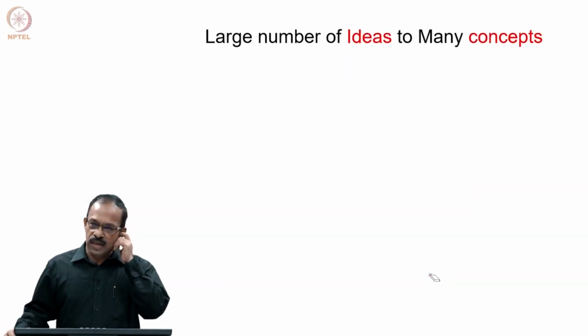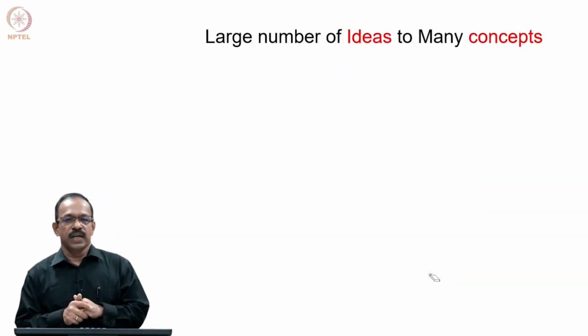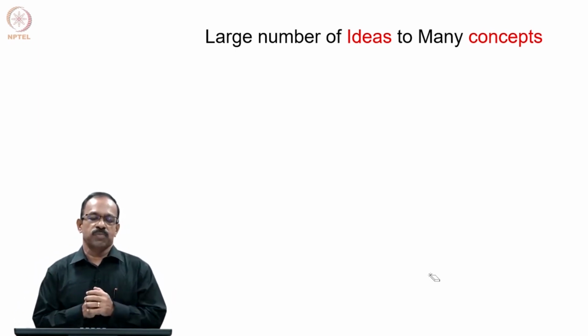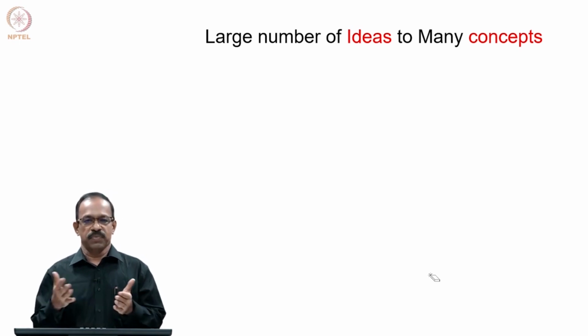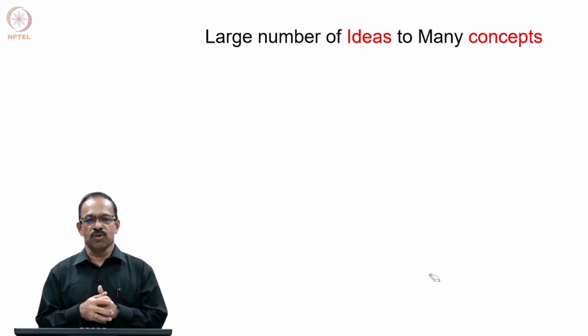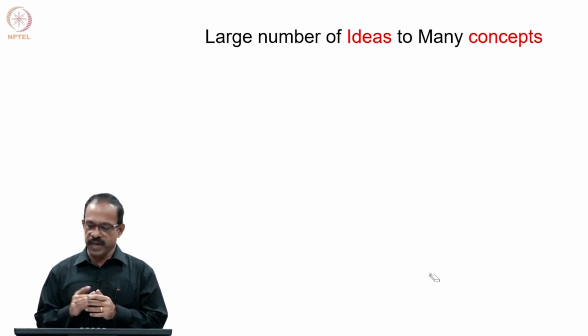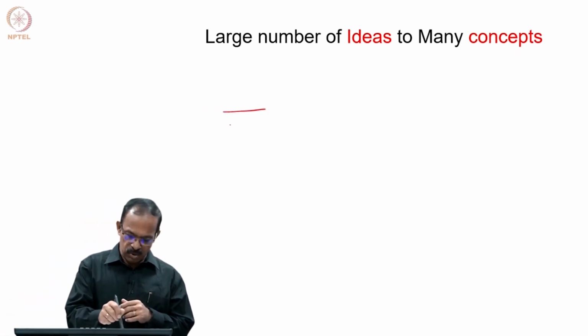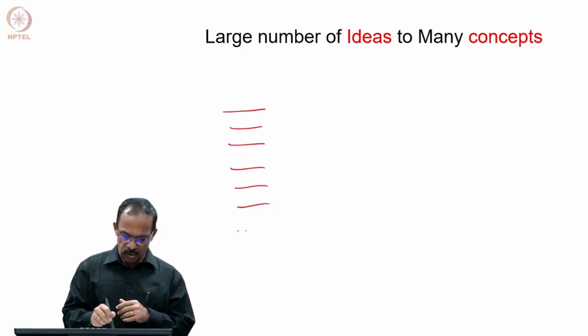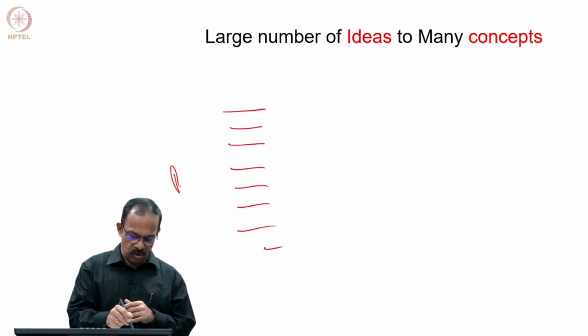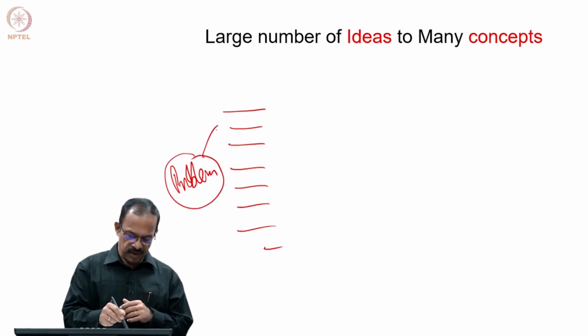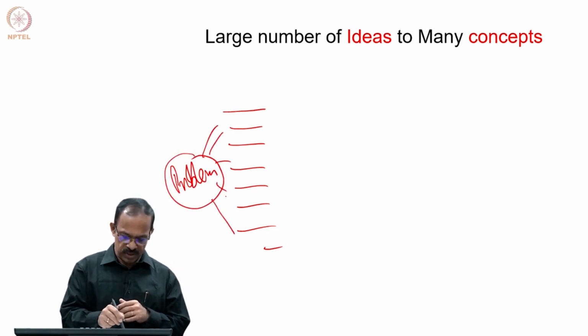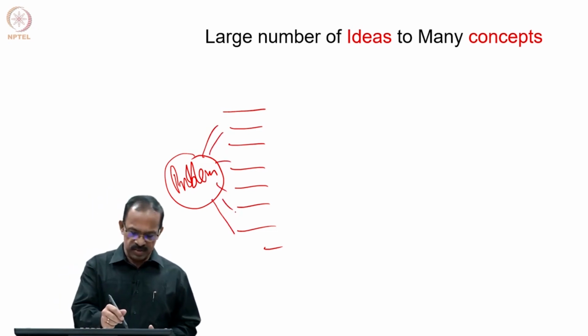So, as you know, there are a large number of ideas that you will get once you do a concept generation exercise, that is the brainstorming or 635 or TRIZ methodology. You can generate a large number of ideas. So, what will happen, you will be getting a large number of ideas to solve a problem. So, you have a problem to be solved, and then you will find that there are so many ways to solve it. So, if you say that okay, these are the ideas,